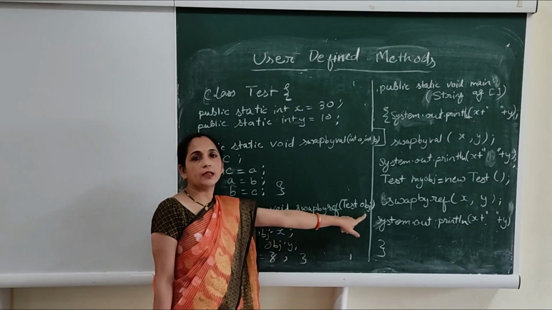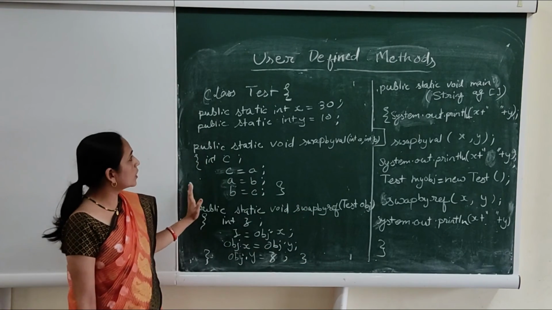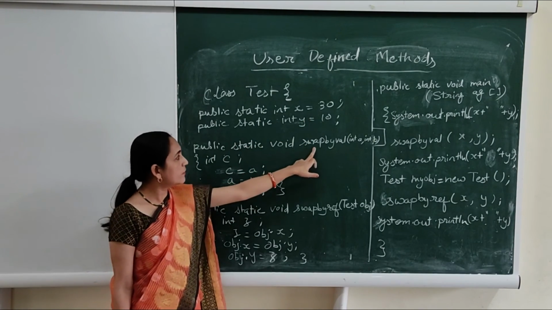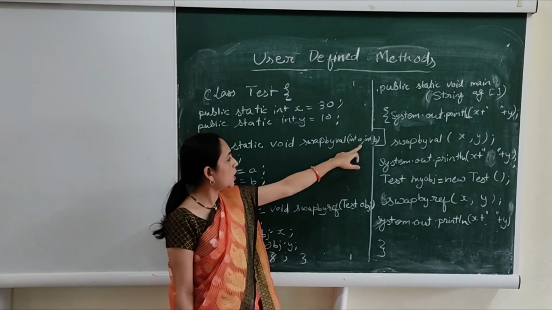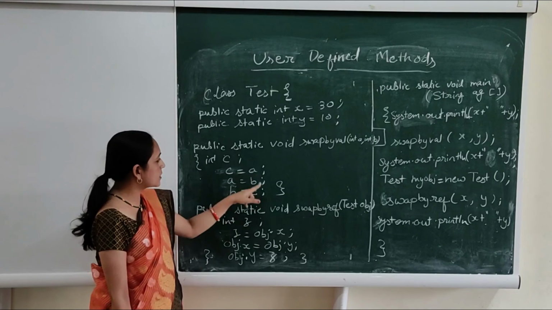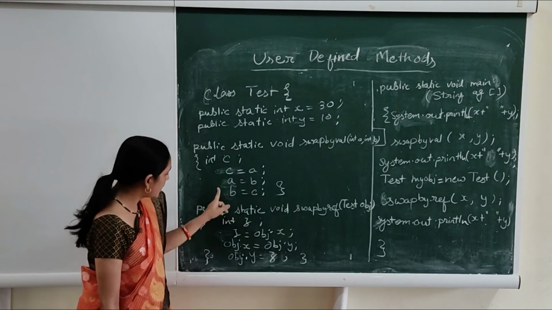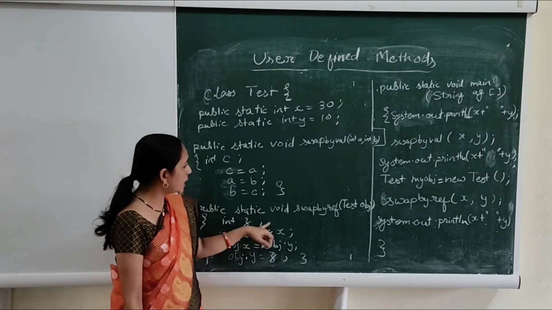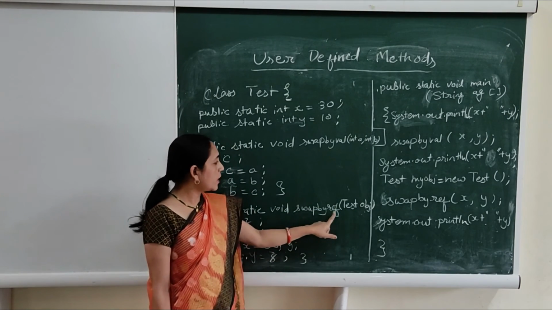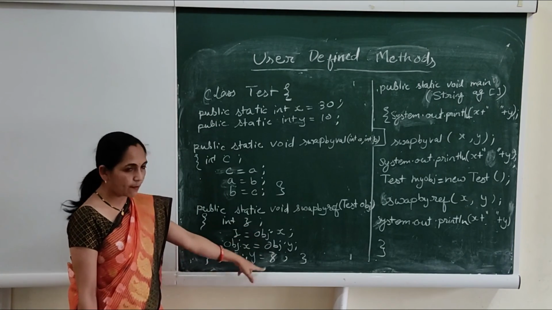In reference you will pass either an object or an array. Here I am passing the object. So let's see what is happening in the program. First I have declared two variables, and then I have created one function which is call by value. It accepts numbers, its name is swap by val, and here we are doing the swapping with A and B, changing A to B and B to A. Then this is the method we have created. It is call by reference because it is accepting an object, and we are passing the reference here. Its name is swap by reference. Again we are doing swapping here.